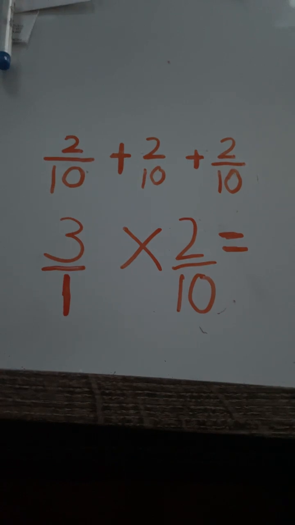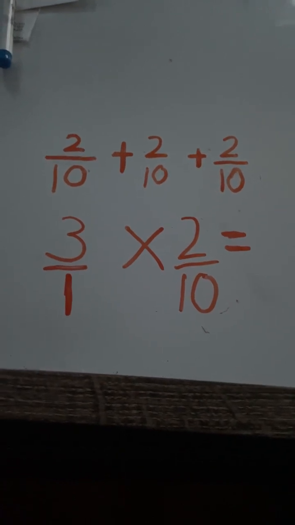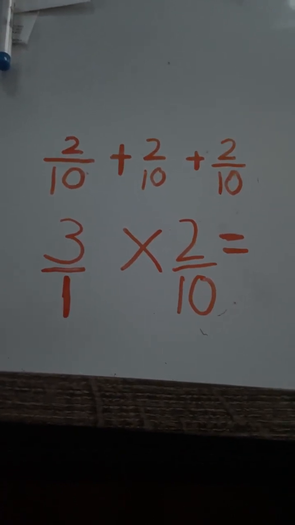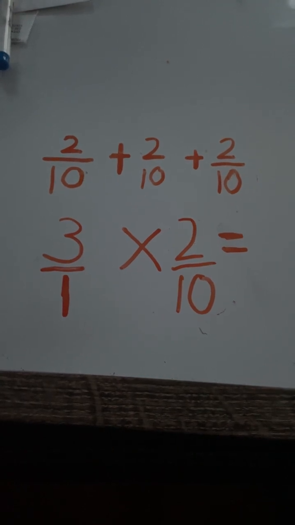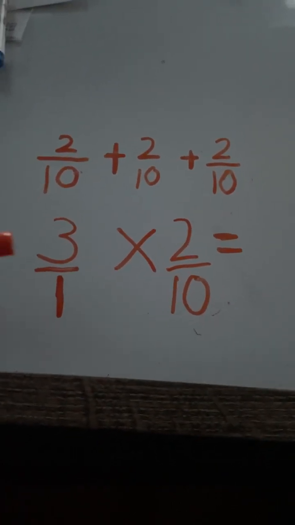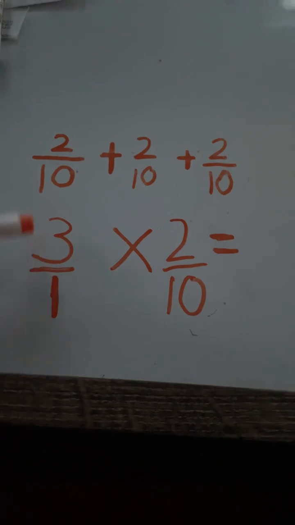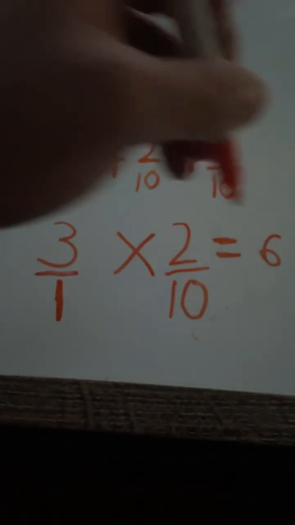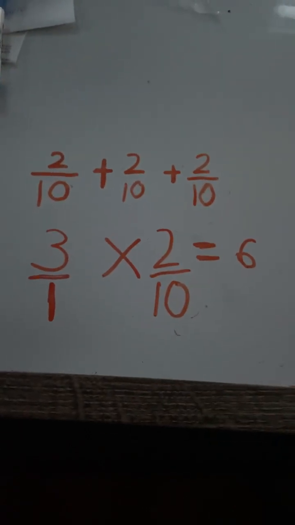So when we multiply fractions, we multiply the numerator and we multiply the denominator. So it's different than adding and subtracting fractions. I'm going to get right into it. All right, so 3 times 2 equals 6. 1 times 10 equals 10. And our answer